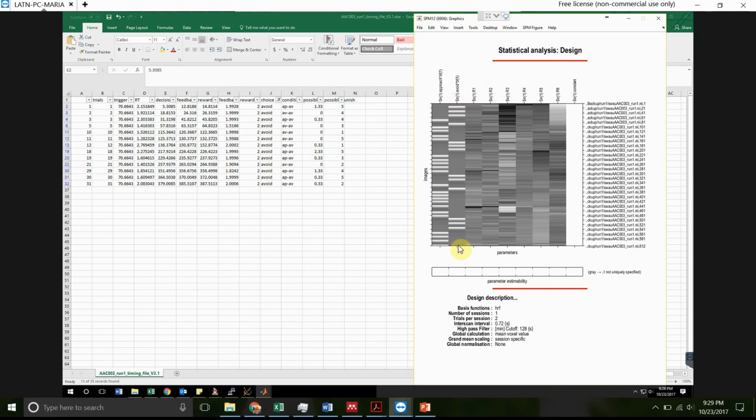This is our design, and you would review this design after you've specified it and ensure that none of the conditions were overlapping. In that case, you would see grey boxes here that would tell you that you hadn't uniquely specified one of your conditions. Now, these regressors are the movement regressors I was talking about. So this would be our X, Y, Z movement translation, and these would be our rotation parameters. They also put a constant into the model as well. So that's one way how you would set up your first level